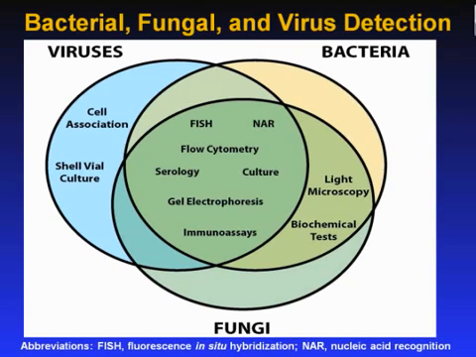This Venn diagram illustrates available diagnostic testing methods for bacterial, fungal, and viral infections. The left blue circle represents viral testing methods. The right yellow circle represents bacterial testing methods, while the bottom green circle represents fungal testing methods. Each overlapping section represents diagnostic testing methods available for detecting all three types of pathogens, or any combination of the three. We see here that the majority of available assays can be used to detect viruses, fungi, and bacteria, including